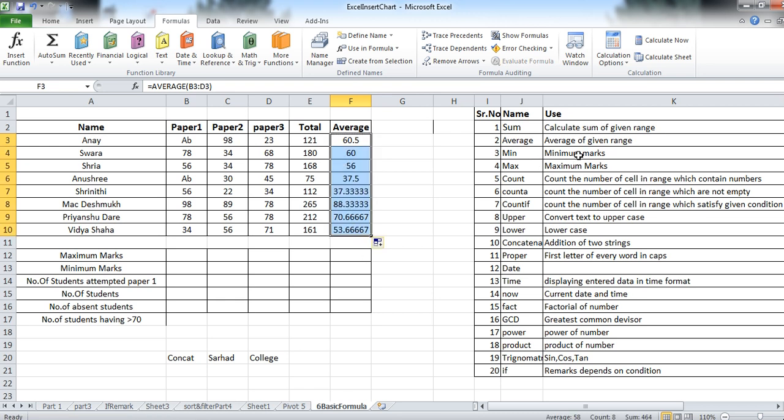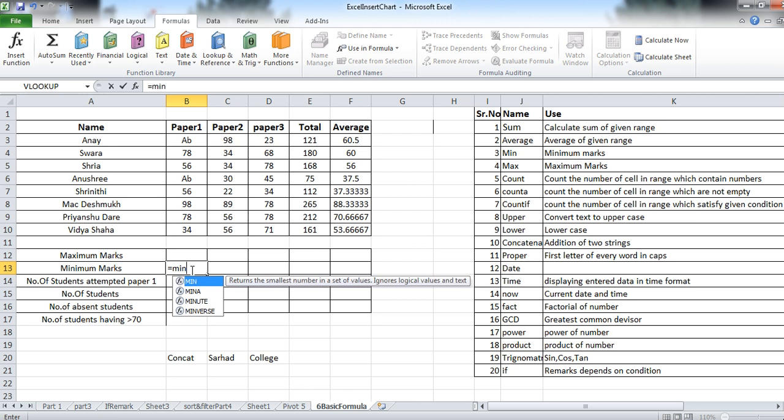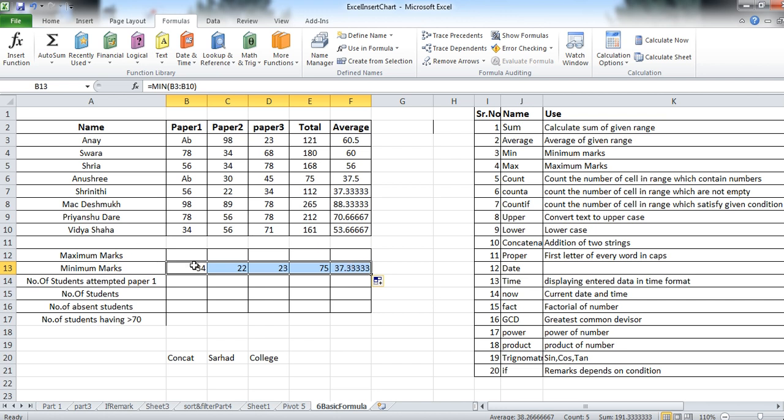Then the min function is for the minimum marks. Minimum marks of the student equals MIN. Select the range from this to this and then enter. This means the minimum from this column is here. Suppose you want the minimum in paper 2, paper 3, minimum of total and average, you can drag till the